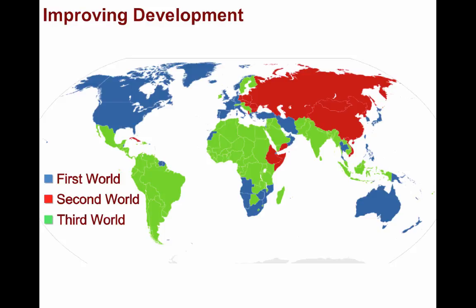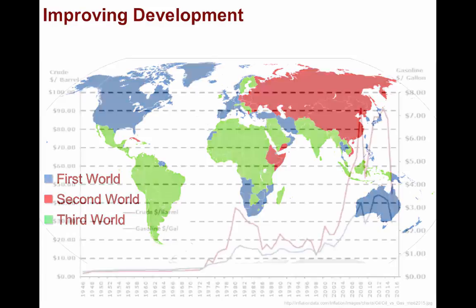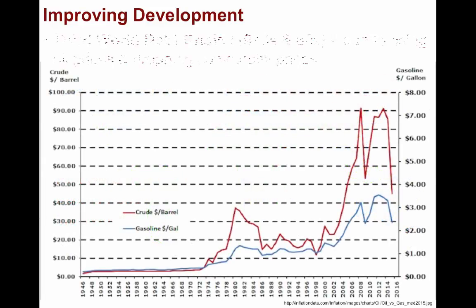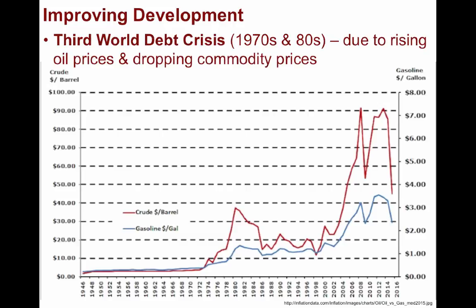During the 1970s and 80s, oil prices rose, leading to increased prices of manufactured goods, and during the same time, commodity prices fell. Since most Third World states exported commodities while importing most of their manufactured goods, they increasingly found it near impossible to pay back loans received from core states and financial institutions. This led to the Third World debt crisis, which then led to a series of international agreements in 1989 known